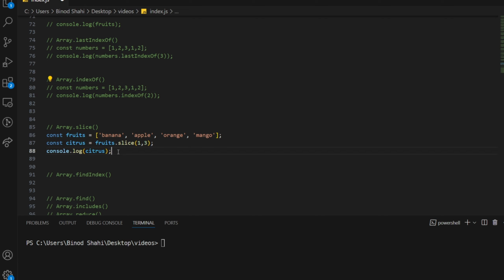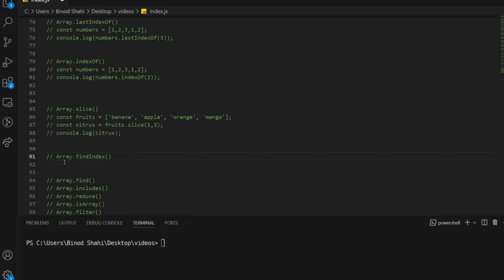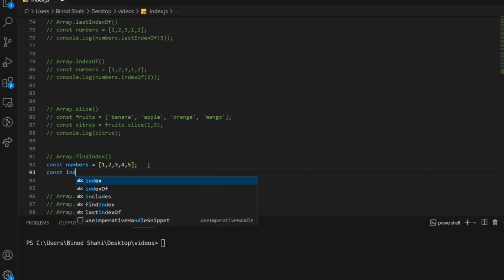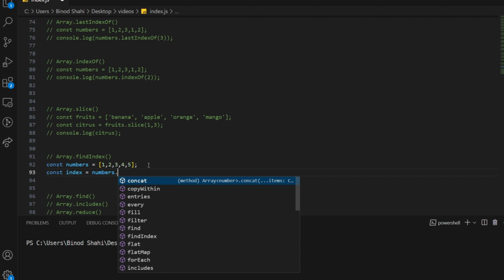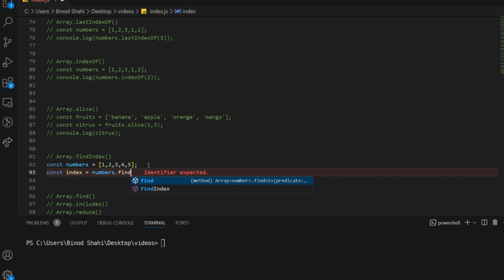Let me comment this, and let's make some changes: 3, 4, and 5. Index equals numbers dot findIndex